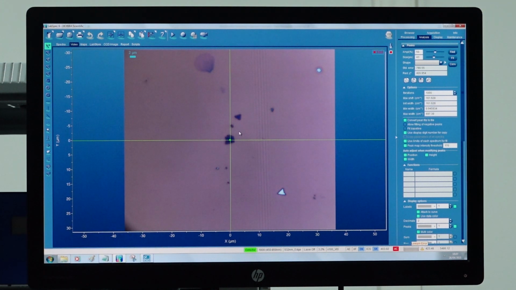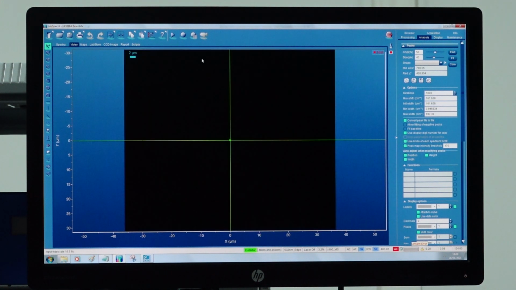So now if somebody wants to study the spatial variation of the Raman signal, for example, on this flake, if somebody wants to investigate how the Raman signal changes from this end to the other end, we can use Raman mapping. For Raman mapping, the first step is to get a video acquisition of the sample. So we will again go to the camera icon and we will switch on the illumination.